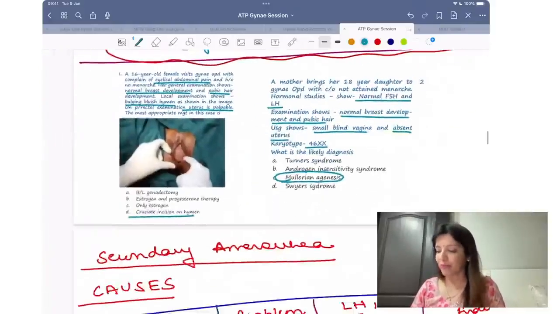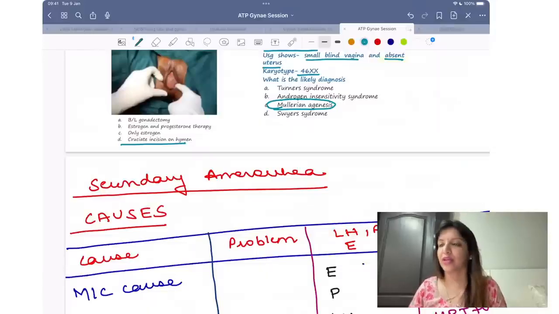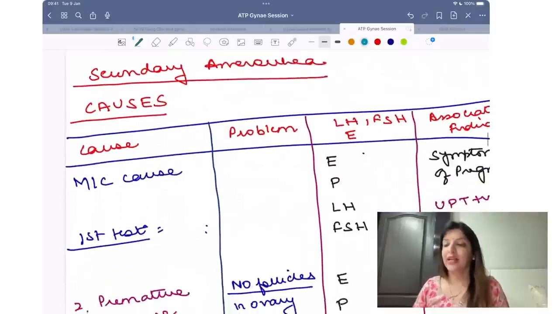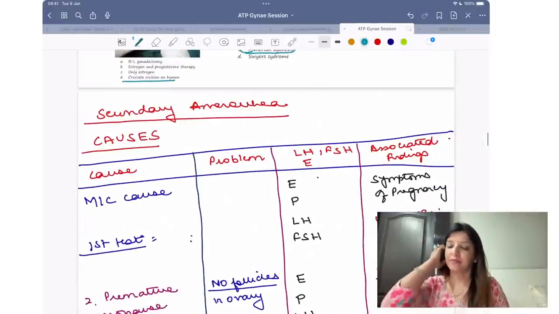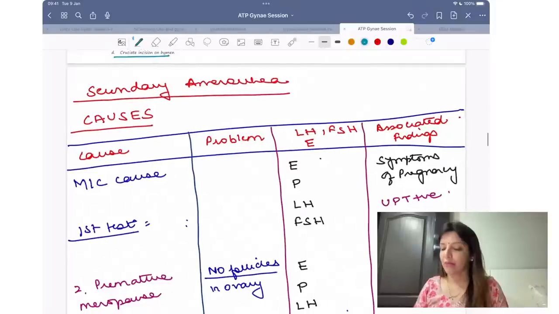I hope now you people have become slightly confident in primary amenorrhea. सारे क्वेश्चंस रिलेटेड टू प्राइमरी एमेनोरिया आंसर हो जाएंगे? जल्दी से राइट यस और नो। अब इससे जल्दी और इससे बेटर आई कुडंट हैव टोल्ड यू. Then I'm going to go to secondary amenorrhea. Chalo, let's talk about secondary amenorrhea.